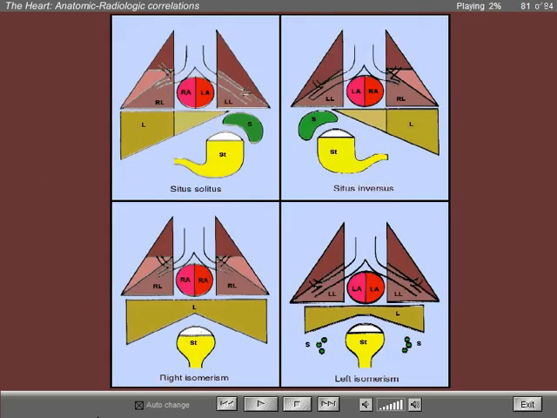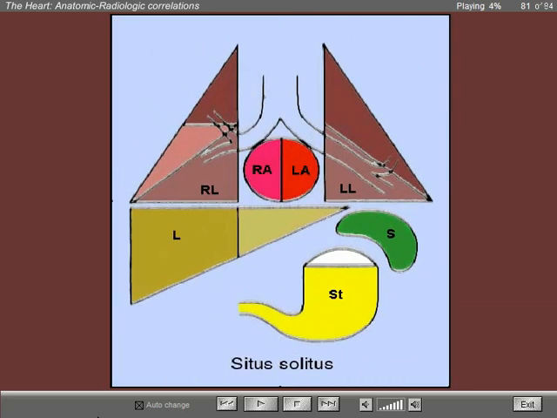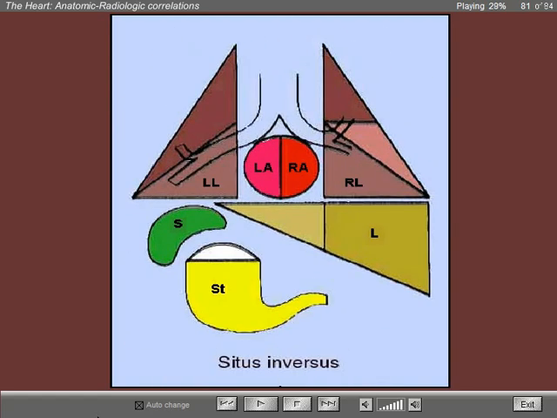In the normal individual, we see the right lung, which has 3 lobes and has a short right main bronchus, and the left lung, which has 2 lobes and a long left main stem bronchus. Note that the right atrium is anatomically located to the right of the left atrium. The liver is in the right upper quadrant, and the stomach and spleen in the left upper quadrant. When we have a situation of situs inversus universalis, which means that there is a mirror image of the thoracic and abdominal organs,